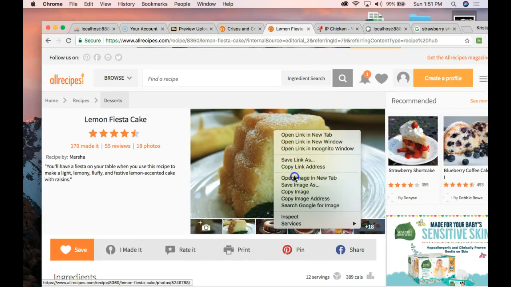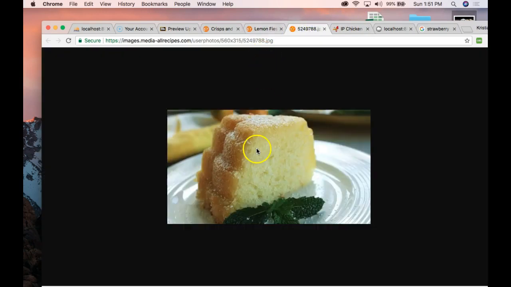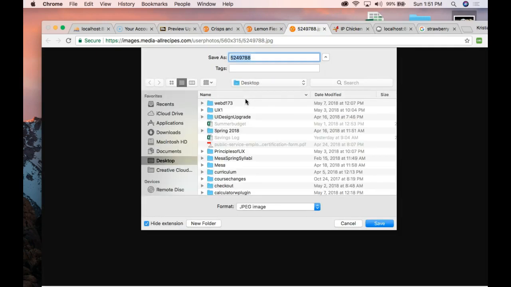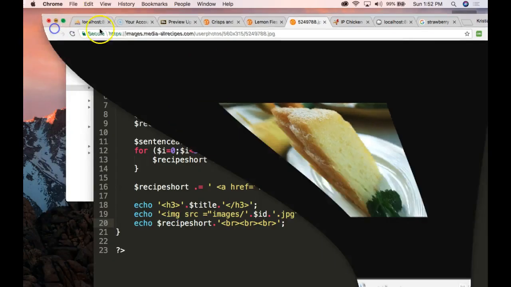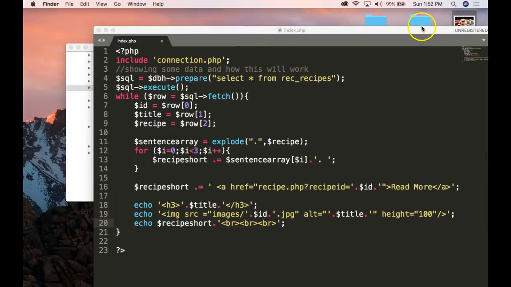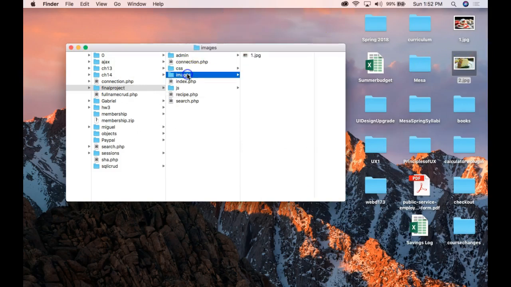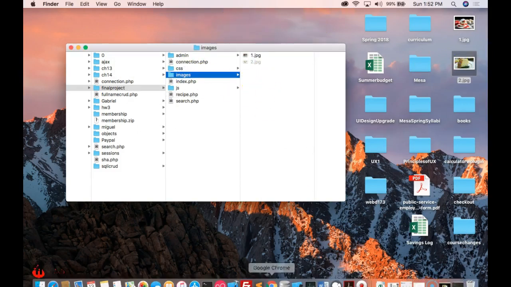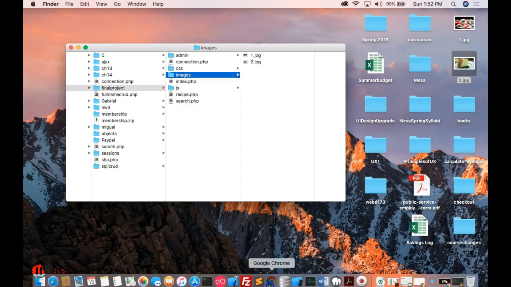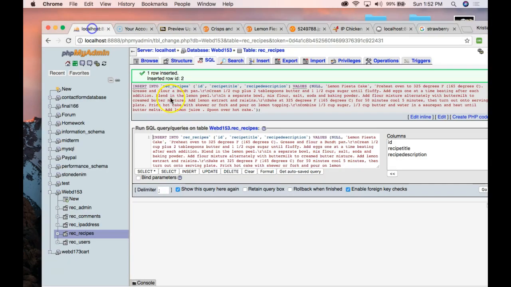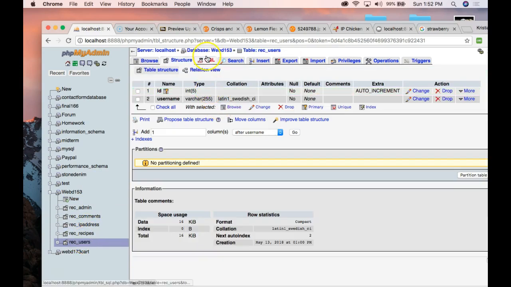Hopefully we can open this image. Now this is going to be 2.jpg. So I'll do 2.jpg and we'll throw it on my desktop and then I'll copy it over into my images again. So this is the strawberry shortcake. So there we go with that. So I don't have any comments on this. I'm going to go ahead and add some more data, knowing that this recipe is 2. So let's insert,